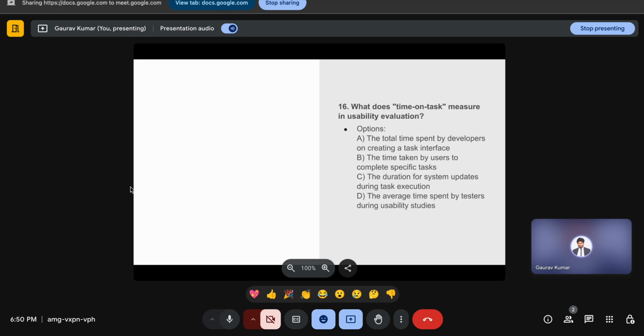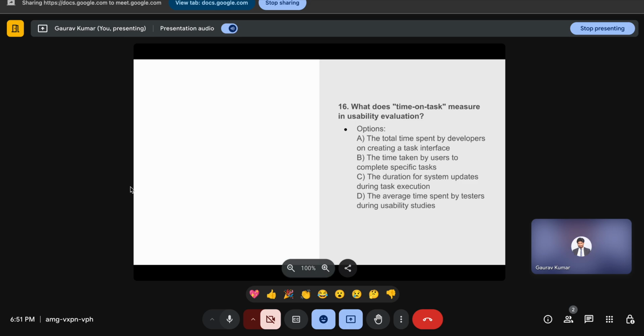So every second a user spends on a task is like a drop in a bucket of frustration or satisfaction. So time on task is the stopwatch that tells you whether your interface is a jet engine or a snail on vacation. So fast time: your UI is sleek, intuitive, Formula One level fast. Slow time: your interface is like quicksand, pulling users into a pit of despair. So this metric is the pulse of your system's performance. Ignore it at your